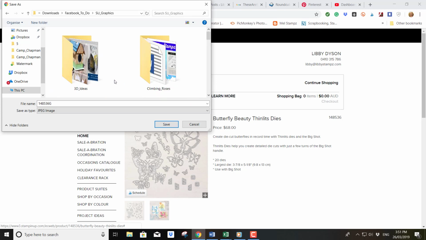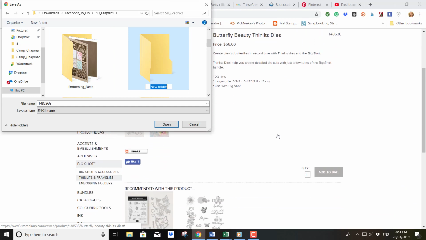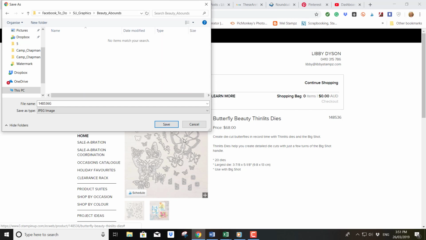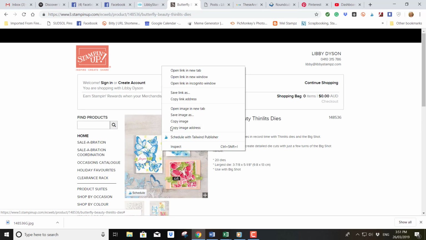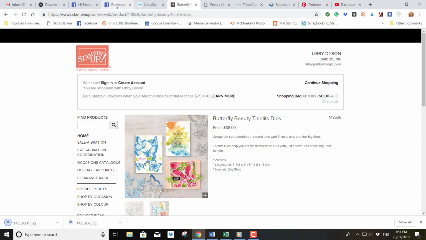So SU Graphics, new folder, and it goes with Beauty Abounds, doesn't it? So I've just made that new folder. I'm going to save that in there, and then I'm going to click on the next image and save that image as well. Then I'm going to go back to my Facebook page,